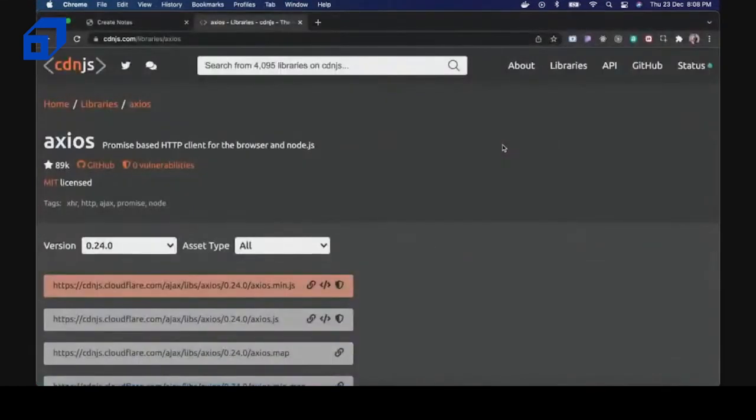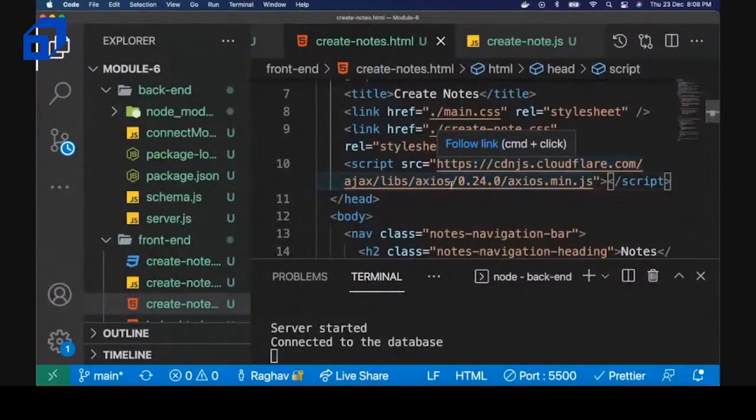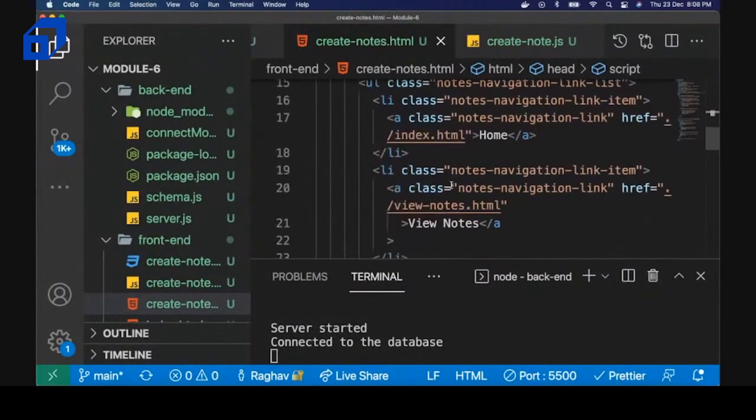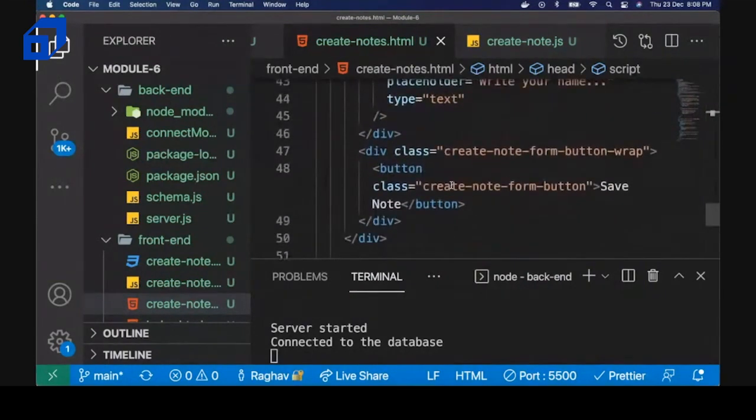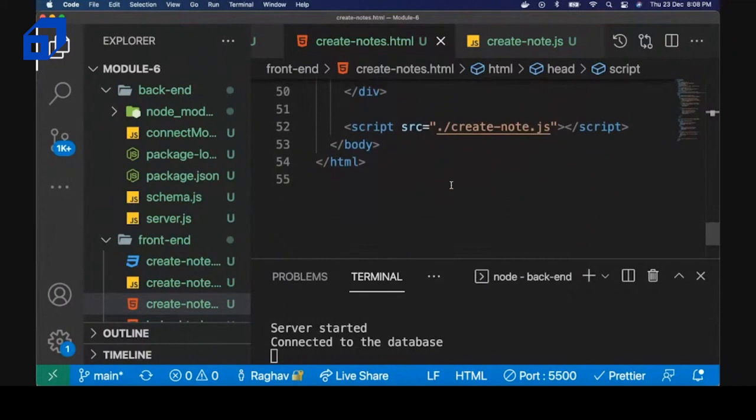If you go to this URL, you can check out the code base that is visible on the screen. And this code base is nothing but a library that we will be using. And we have successfully integrated the library with our main HTML document